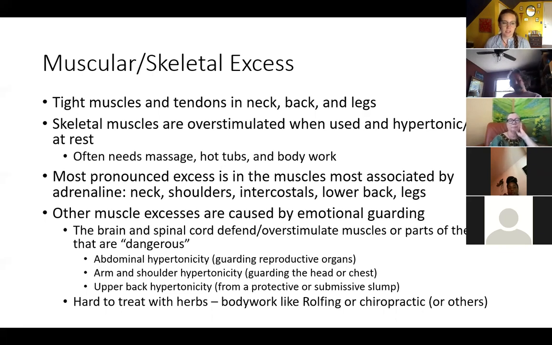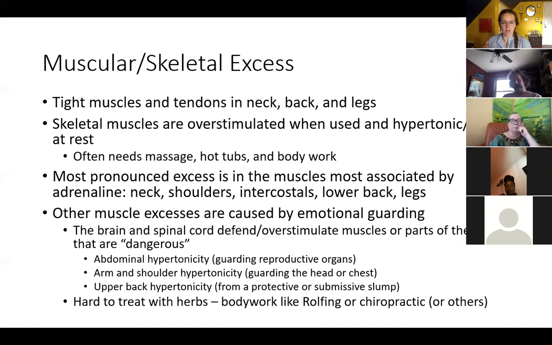And so this aspect is hard to treat with herbs if your body has actually morphed into a new way because of this hypertension in specific parts of the muscular and skeletal systems. Because we can be loose in parts and we can be tense in parts. We can hold fluid in one part of the body and be dry in another part of the body. We are one, but we are parts. And that's why I like to break this idea of energetics down into systems or parts,